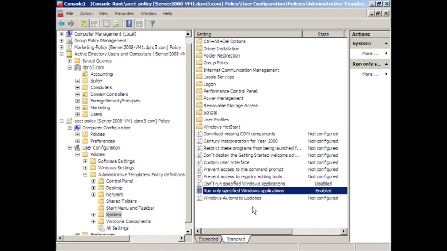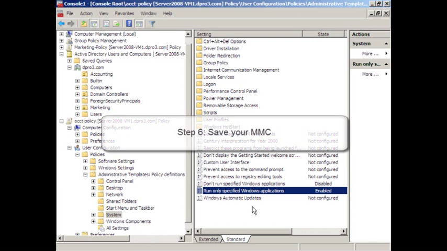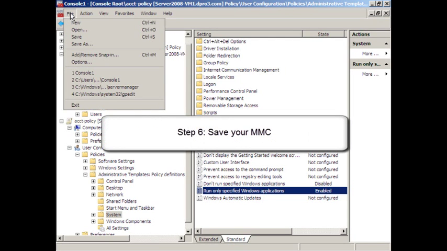So there you have it. That's how you can modify a basic policy within 2008 Server. And again, what we did is we created an organizational unit called accounting. We created a policy that's linked to that organizational unit, and we made a couple simple modifications to that group policy. When you're done, we should save that information